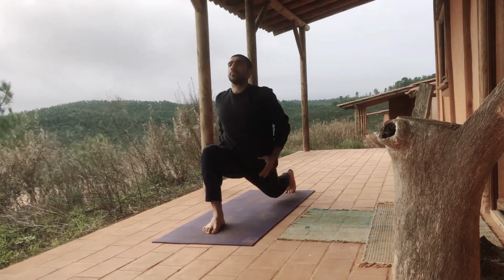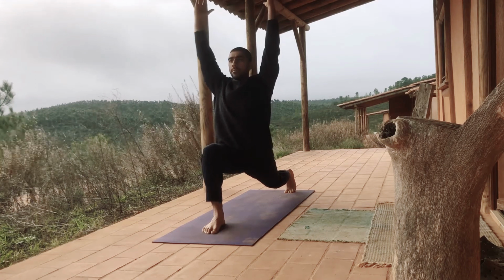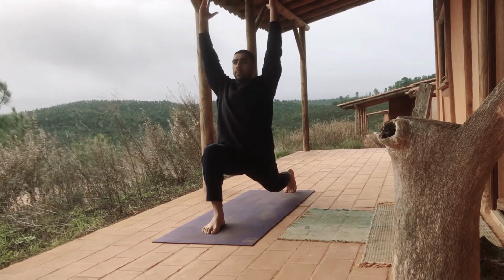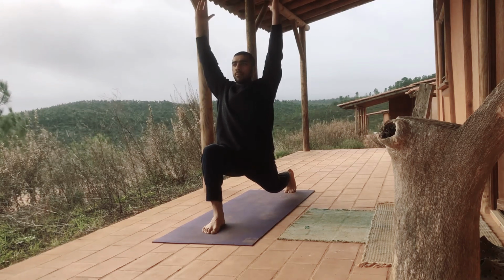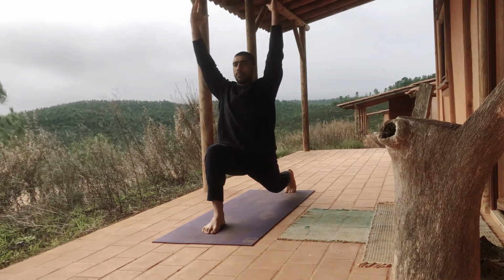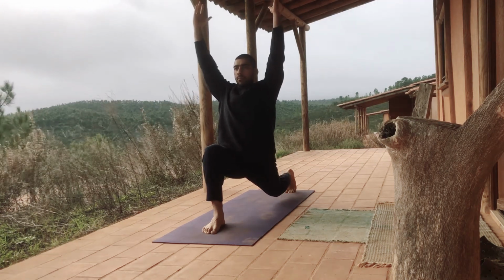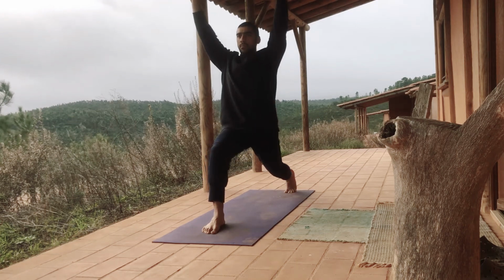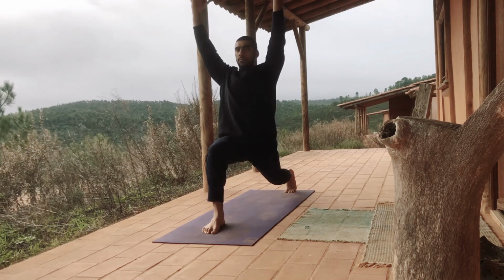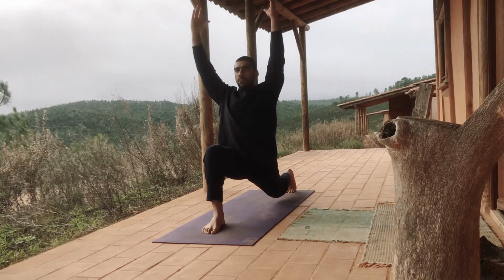When you're ready to, step through with the right foot into a high lunge, keeping the left knee off the ground. Raise the arms up nice and high. Breathe with awareness and focus the gaze of the eyes straight ahead. Feel free to explore the lunge